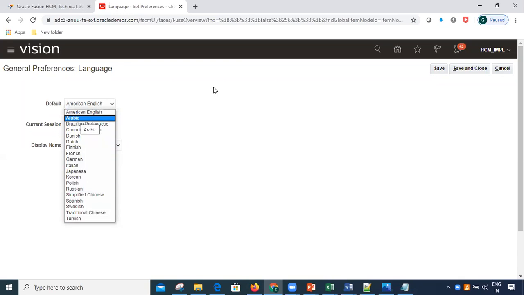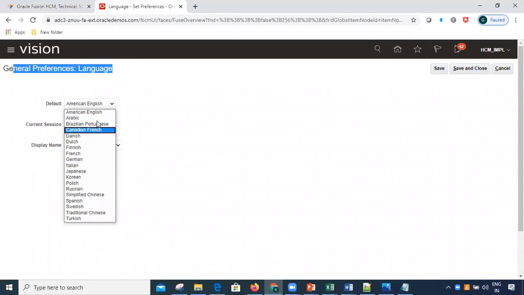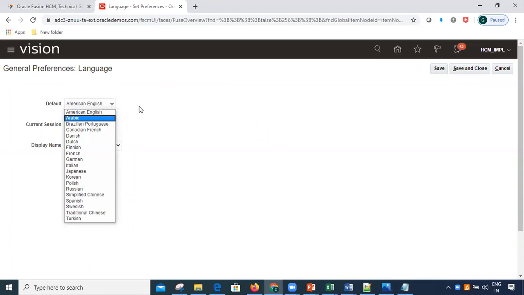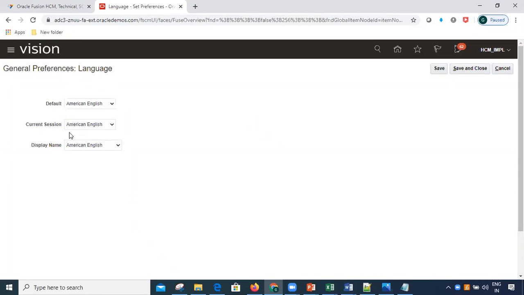Now, the moment I choose one and click save and close, the entire application will change to Arabic. The general preferences, language, everything will change to Arabic. If you want to change, you can change from these general preferences. And for the current session, by default, if I give Arabic, the current and display will also change to Arabic only. You can keep the same names for this one as well. Okay. This is language.